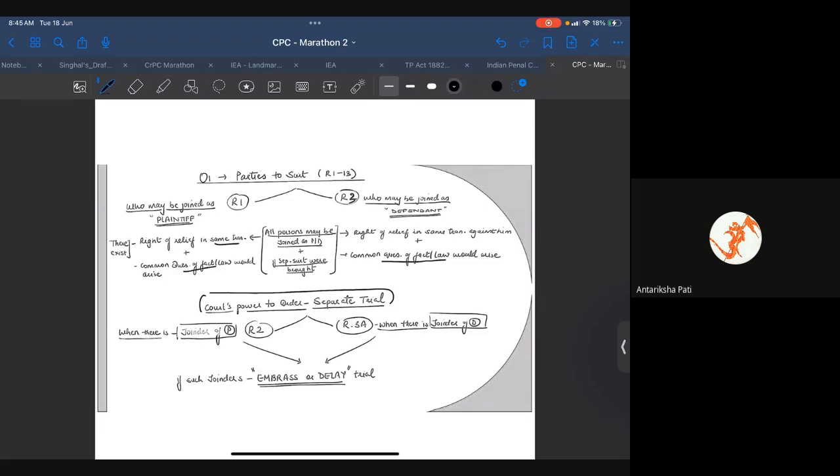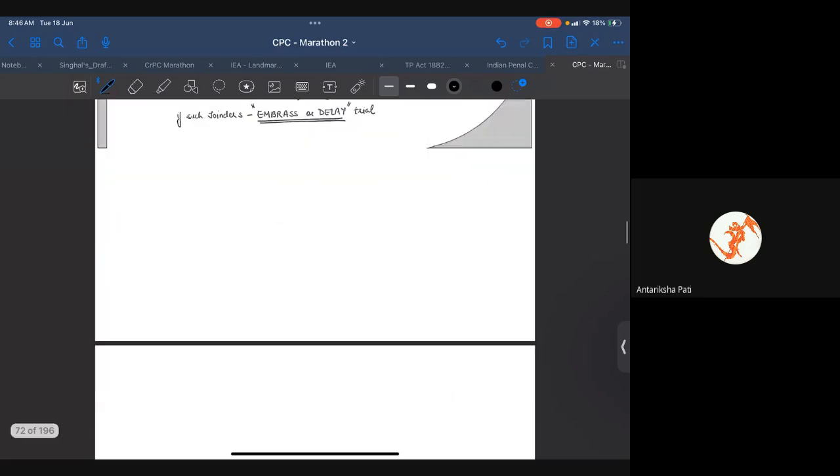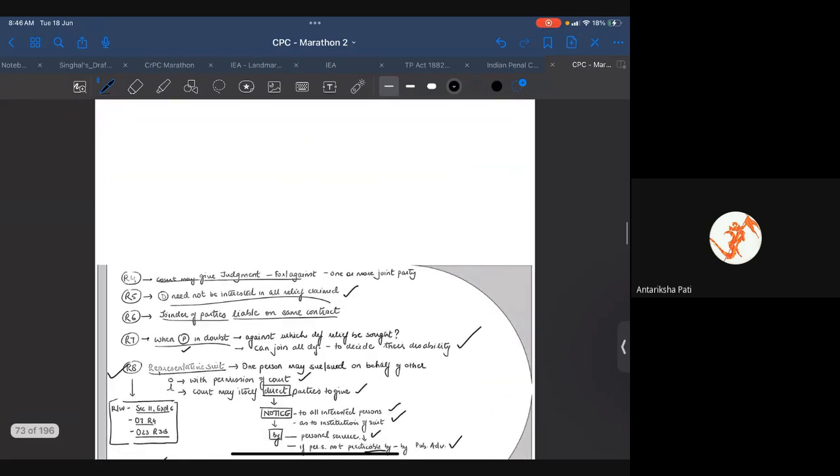Now, court has power to order for separate trial. That means even though joinder of plaintiffs is done, Rule 2 says if it is embarrassing or delaying the trial, then court may order for separate trial. Now, Rule 3 says if the joinder of defendant is delaying or embarrassing the trial, then court may also order for separate trial. Now, Rule 4 says